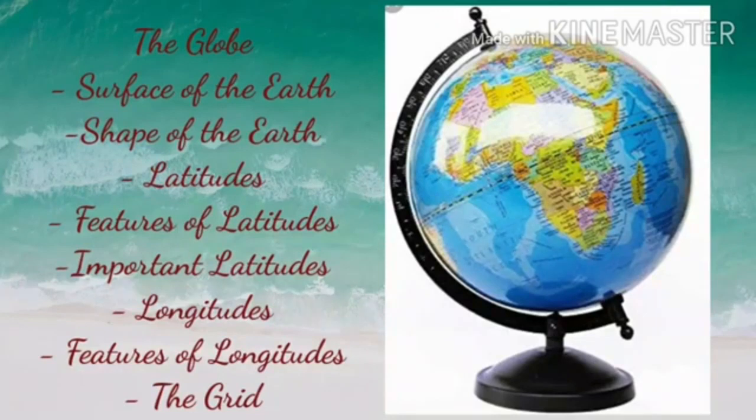Okay, children. What are poles? Yes, the 2 end points are called poles. Children, the top is the North Pole and the bottom of the globe is called the South Pole. Children, an imaginary line that runs midway between the poles is called the equator. You know, the equator divides the earth into 2 equal parts. What are they? Yes, the northern hemisphere and the southern hemisphere.